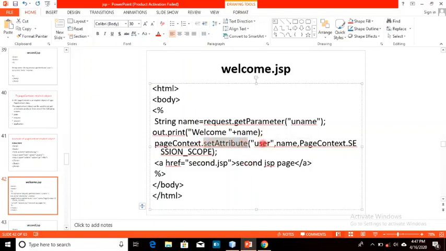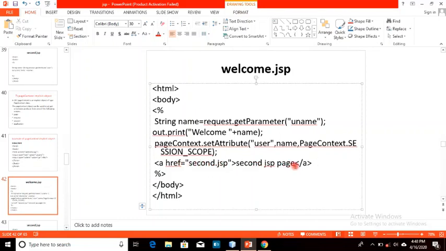Here we declare the name of the page context attribute and the value associated with it, whatever we have extracted, and then we have to give the session scope. So like you declared a session variable, in the same way we can also do this with the help of page context. Then we have a hyperlink that will be redirected to the next page.